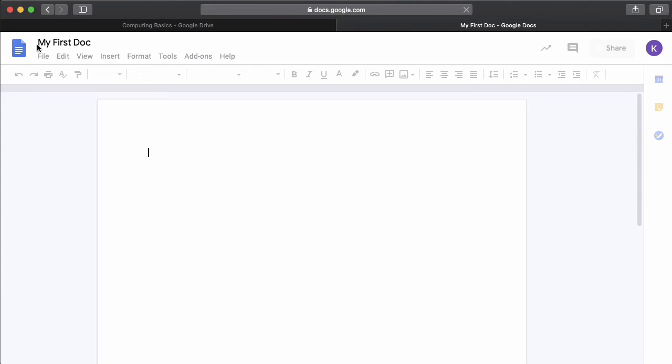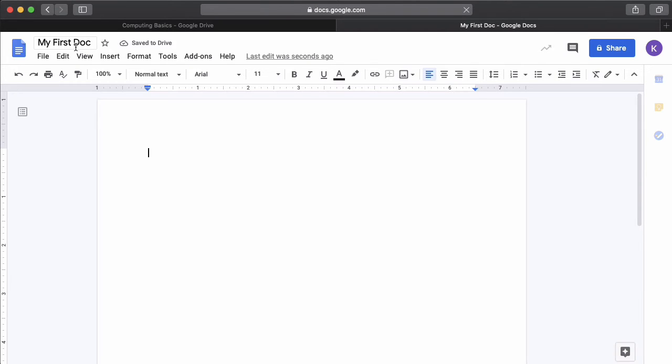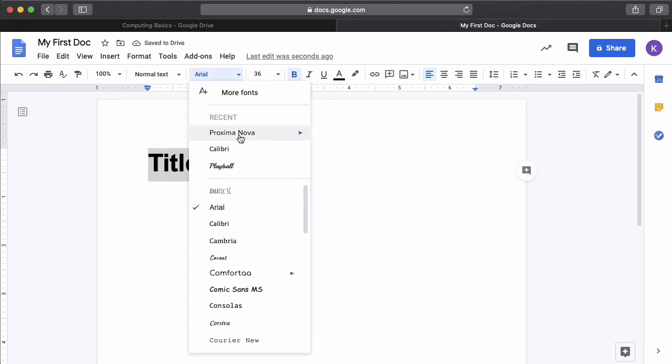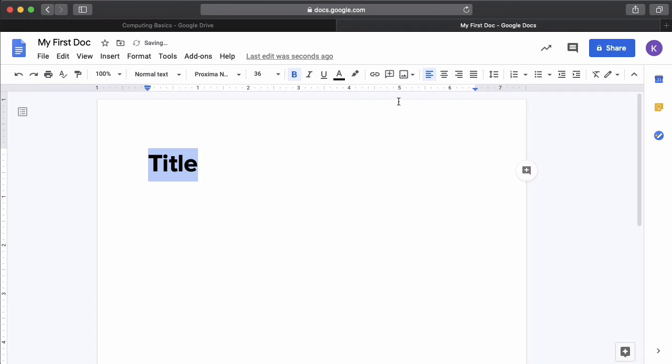And don't forget to save it as a name, otherwise it will always be called untitled document or something like that. So you are going to write some kind of title here, and you are going to format this title. So you can say bold, or you can say let's make it really big. You can change the font just like you would do in Word, nice and simple. You can also center it. After that, you're going to want to create some more text. Obviously you don't want it 36, let's go back to 12. Let's take it off of bold and let's move it out of the center, and then you can start writing,